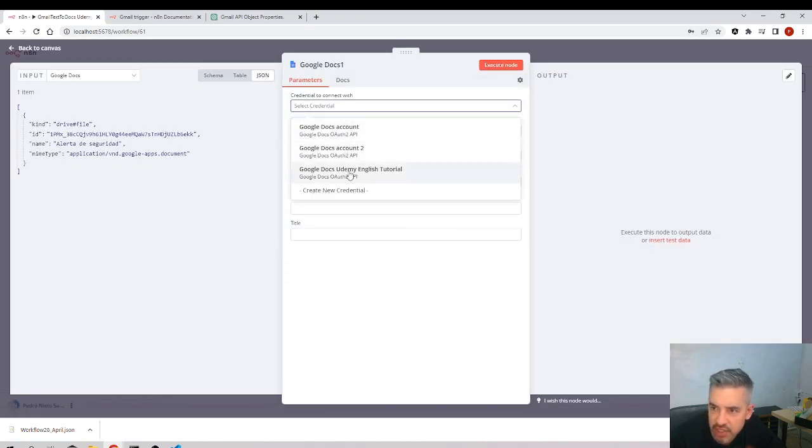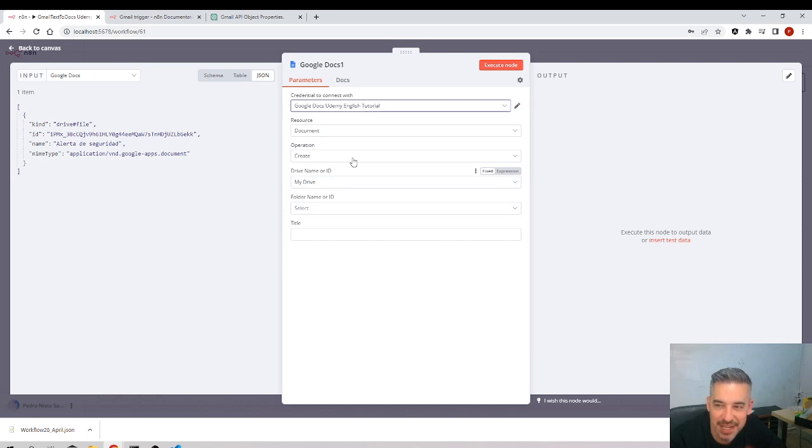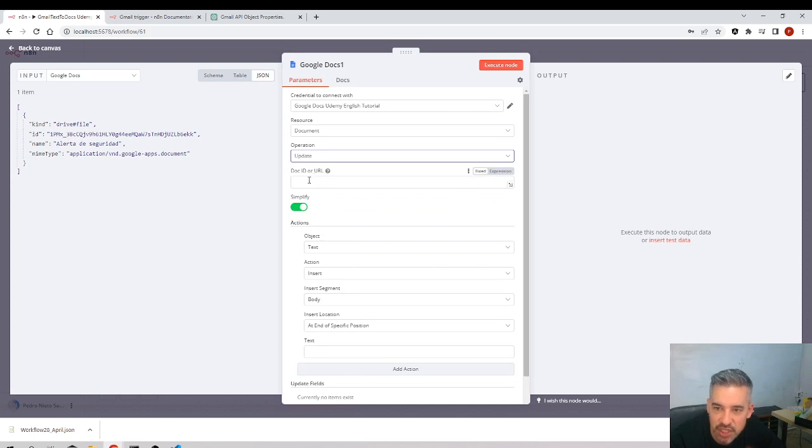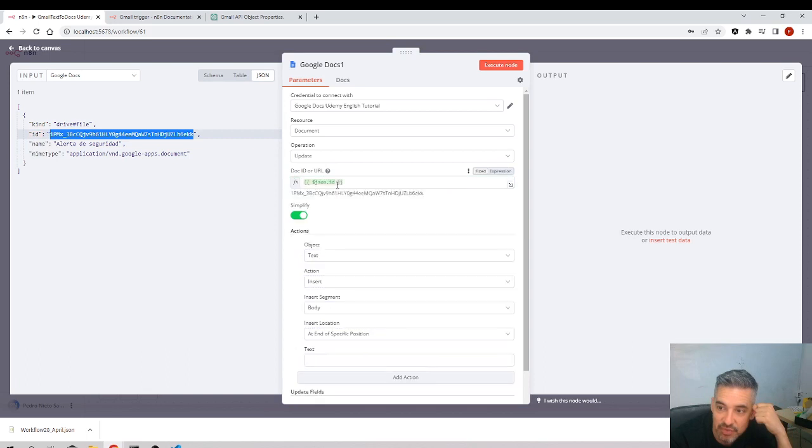We select the credentials. You see, now we don't need to create them again. Now we can use them. Resource operation update. Which ID of document? This ID of the document that was just created by your previous node. So we get the ID here,